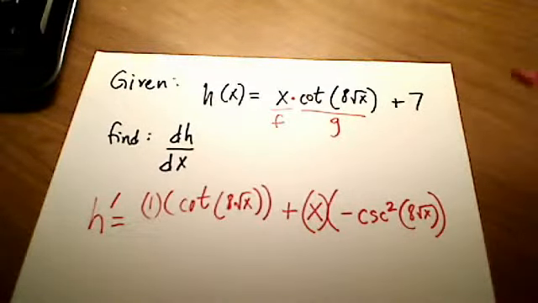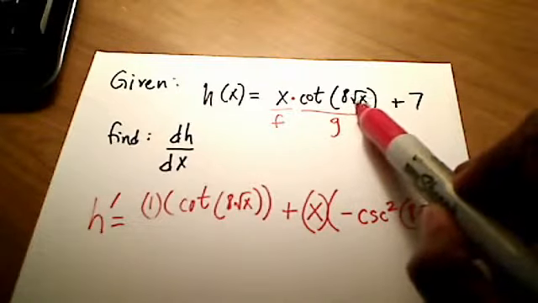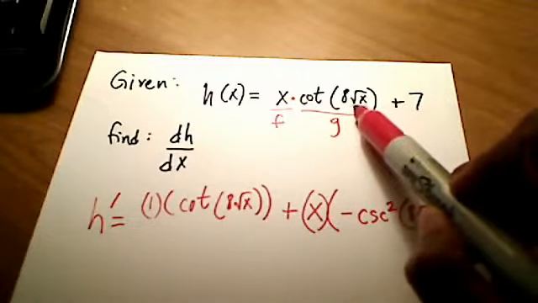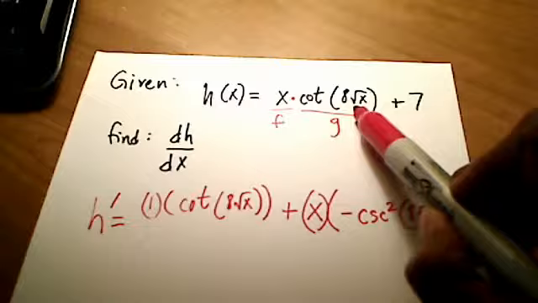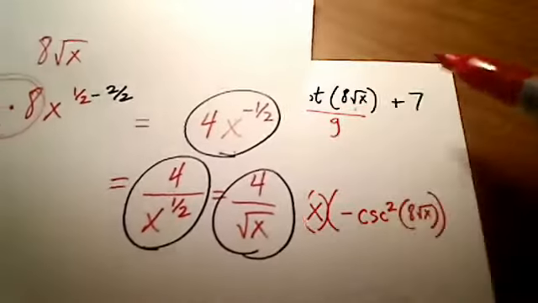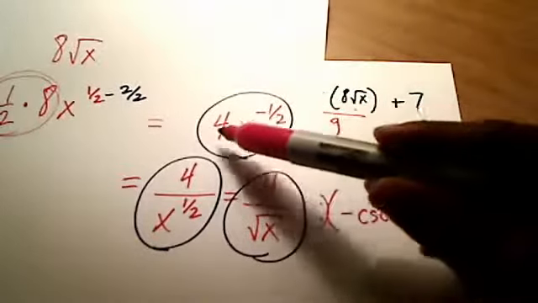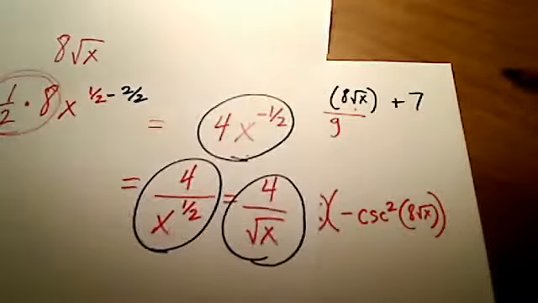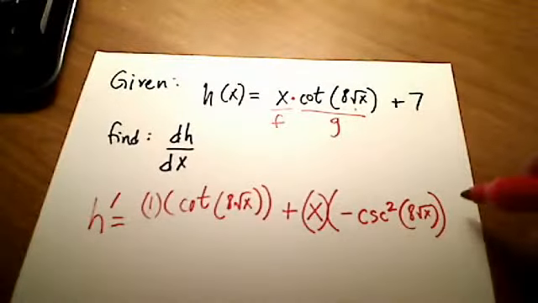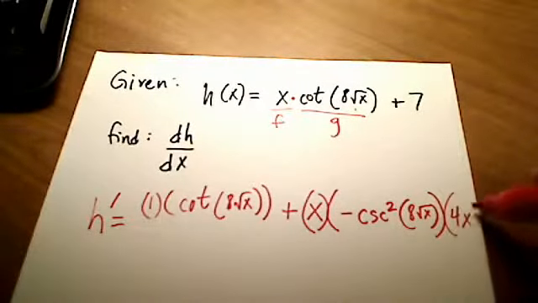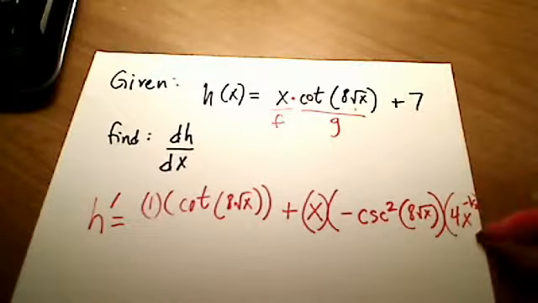But the chain rule says go one more step. Now give me the derivative of the inside, this inner part. Well, remember we just did that a second ago. The derivative of that inner stuff was 4x to the negative 1/2. Okay, so I need to squeeze that over here as well. Am I going to have room? 4x to the negative 1/2, barely have room for that, okay? So